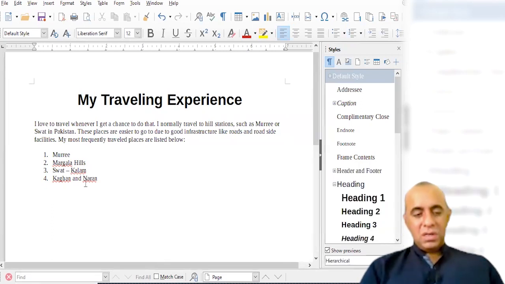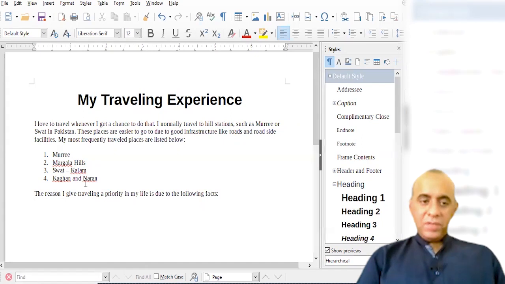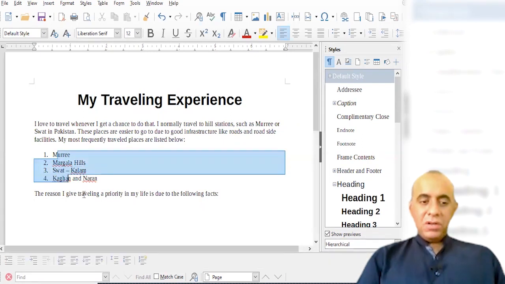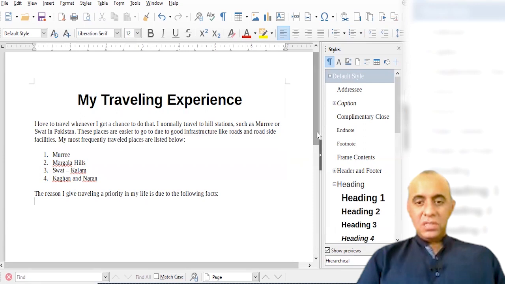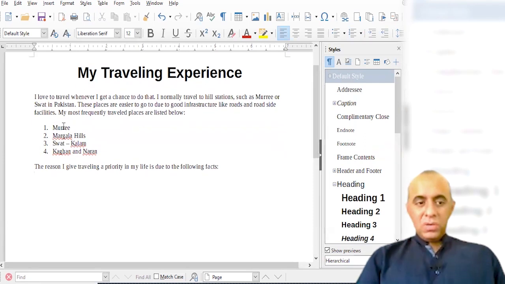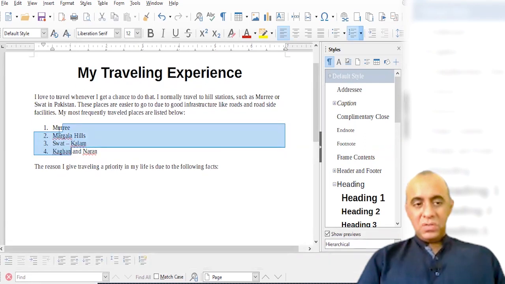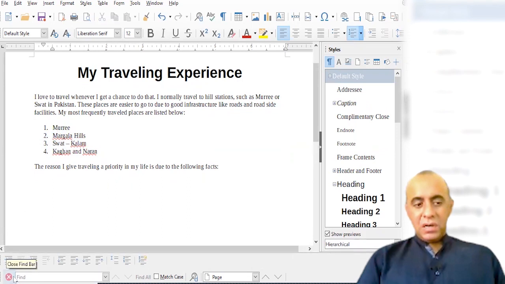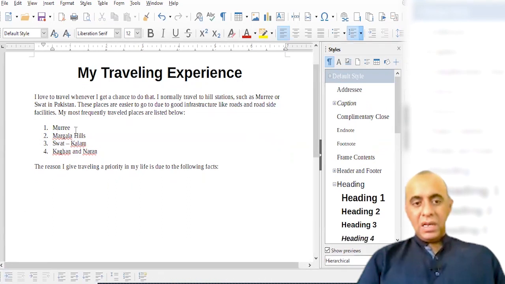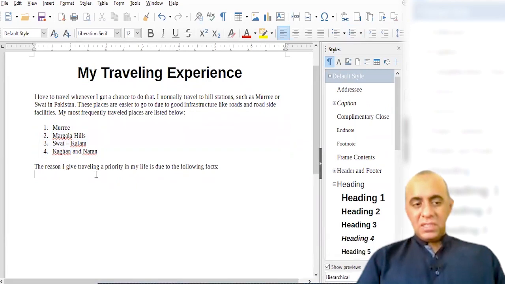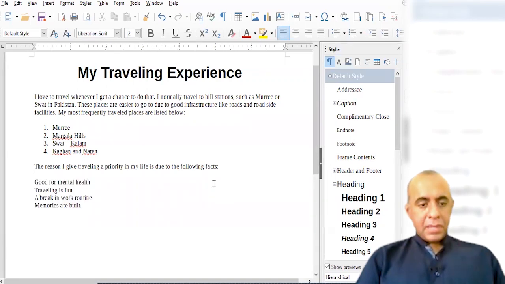Now I'm going to list down something which I may not want to count as a list of items. Although it makes more sense to give numbering to these things, because I can see that I frequently travel to these four places, right? But now I would like to give reasons, and reasons are essentially things that should not necessarily have or must have numbering attached to them, right? So I can write stuff like that.